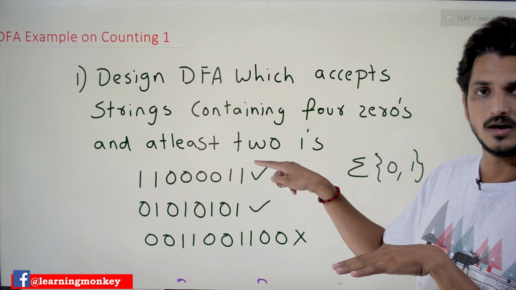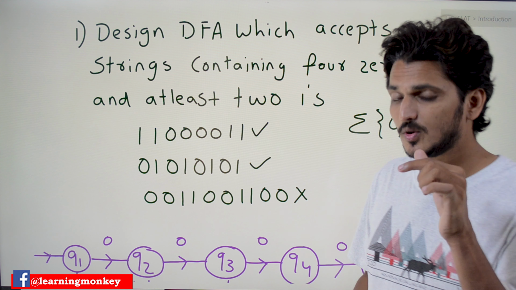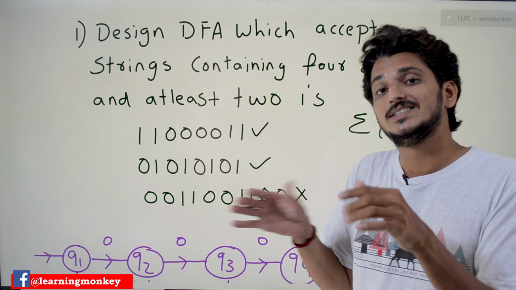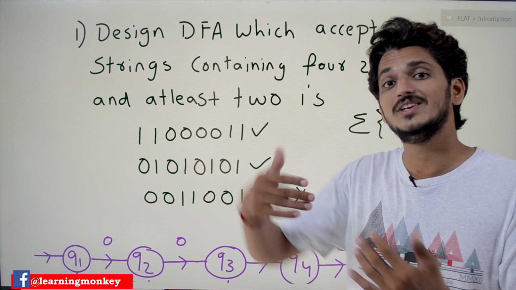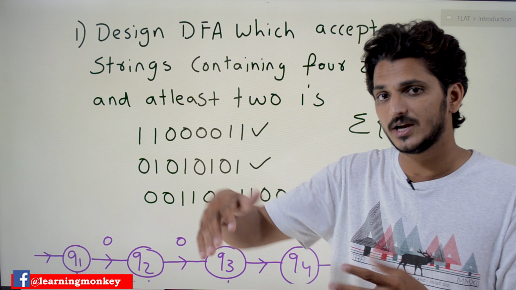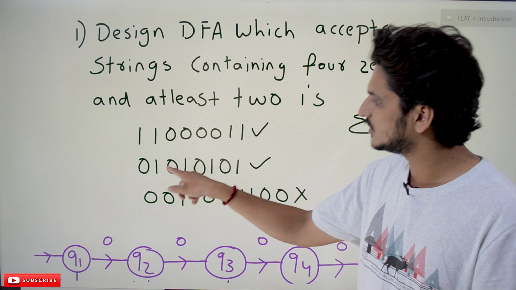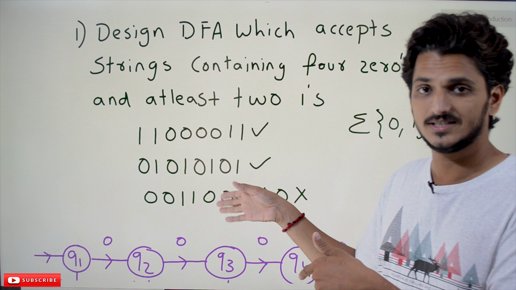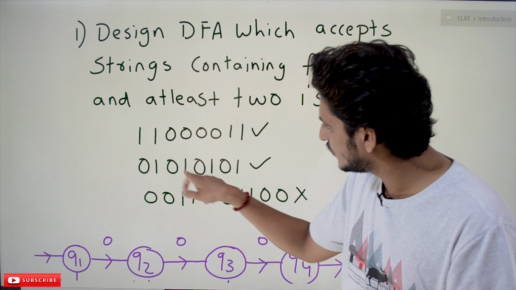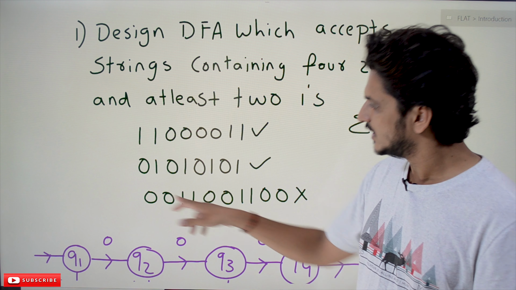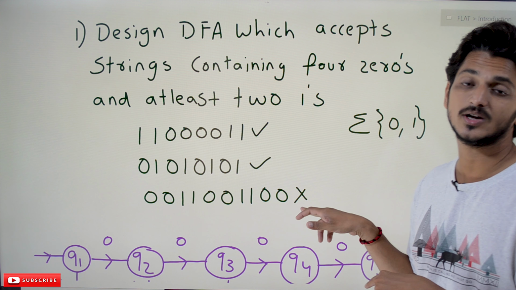The example is 1 1, 4 zeros, 1 1. This is accepted. At least 2 ones are found, and exactly 4 zeros are found. One more important point, as in our last class, the zeros should not be consecutive. Previous examples, other than counting, all depended on that consecutive logic. Here there is no need to be consecutive. See here, 0 1 0 1 0 1 0 1. This is accepted, because we have 4 zeros and at least 2 ones are found. In the same way, if 6 zeros are found, this is not accepted, as we need 4 zeros and at least 2 ones.